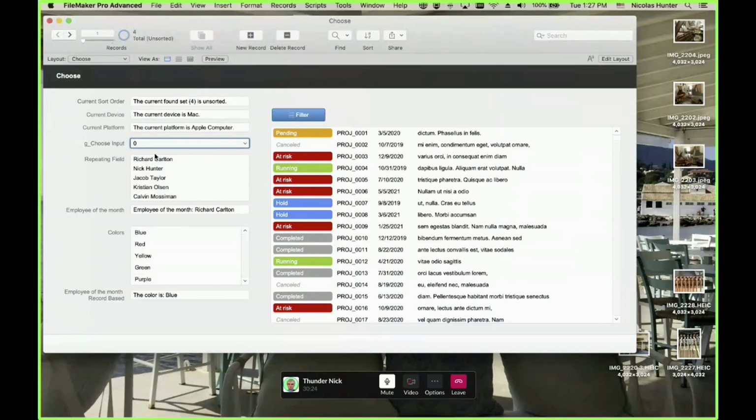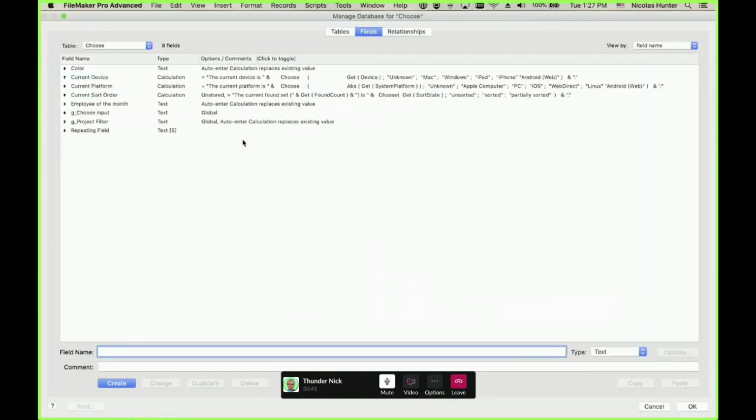So 0 is blue, 1 is red, and so on, 3 is green. So how can you get a record from the choose? How do you connect the choose with the record here? There are multiple ways to do that, but I want to demonstrate something easy.